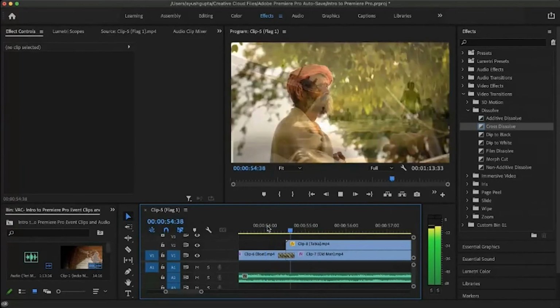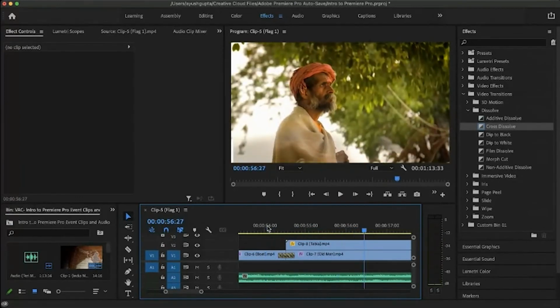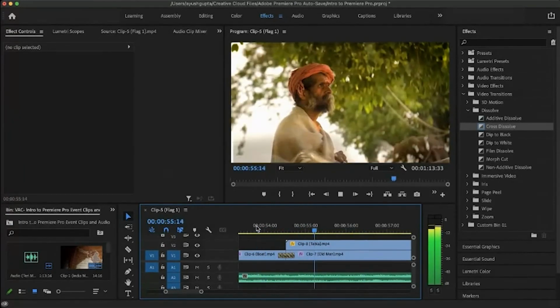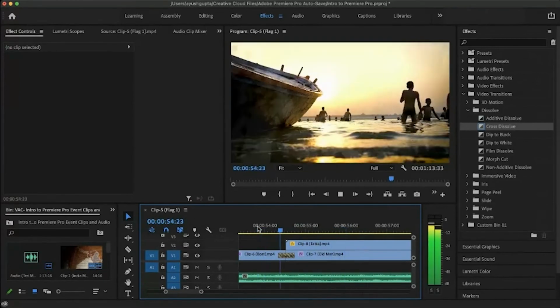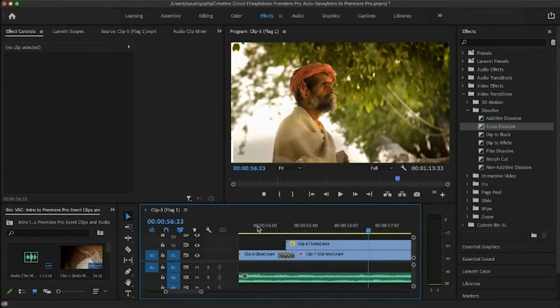It smooths fairly. So now the transition is smooth.